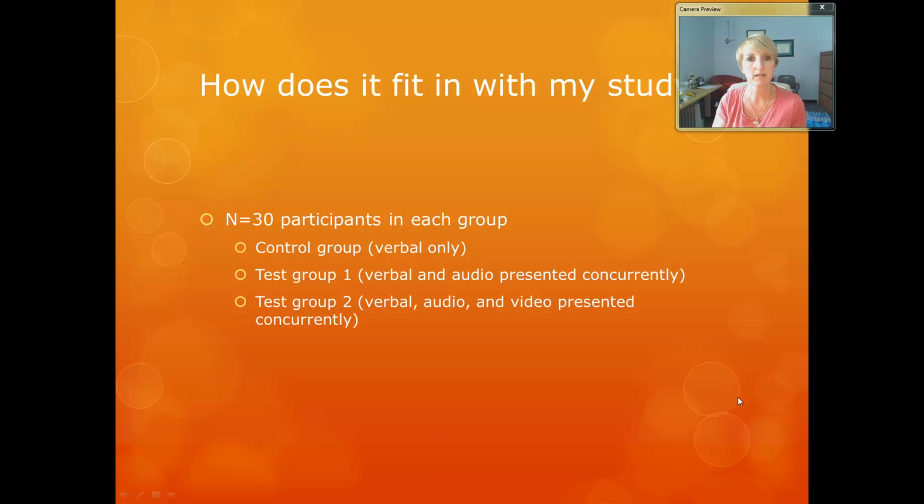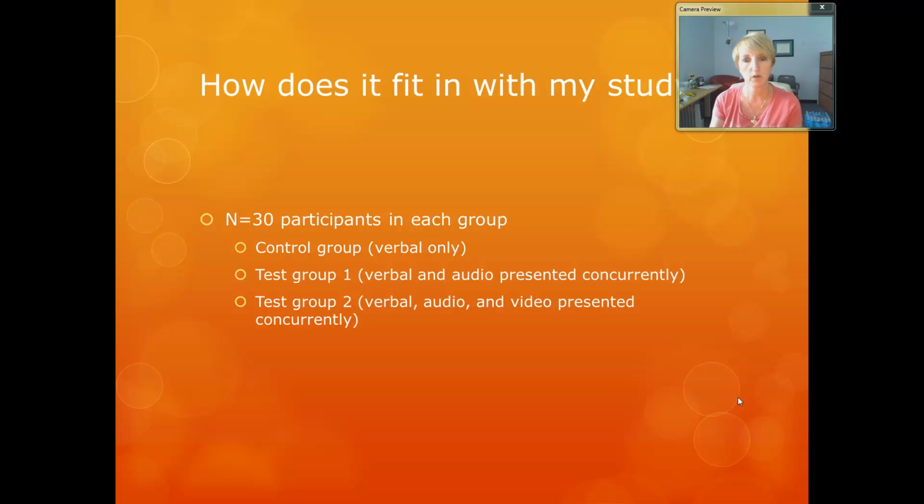How does it fit within my study? Well, within my study that I'm planning to do, there will be 30 participants in each one of 3 test groups. The control group will have only verbal instructions for particular content in physics that's going to be presented in an asynchronous course. 30 more participants in test group 1, where the asynchronous course will be presented in words as